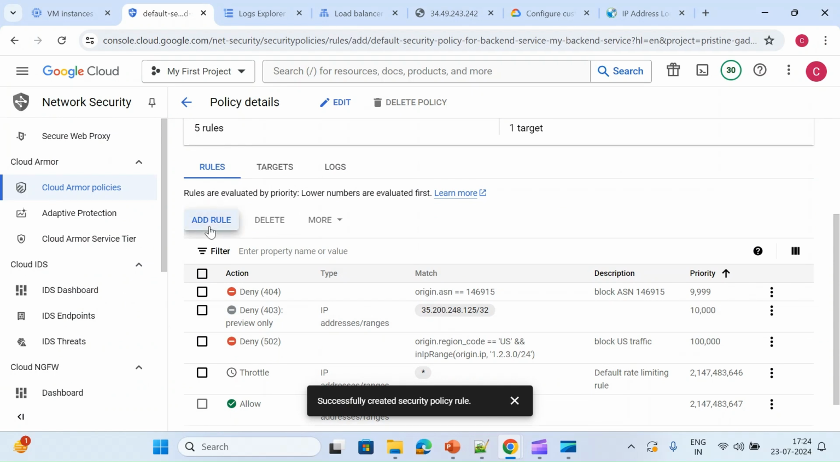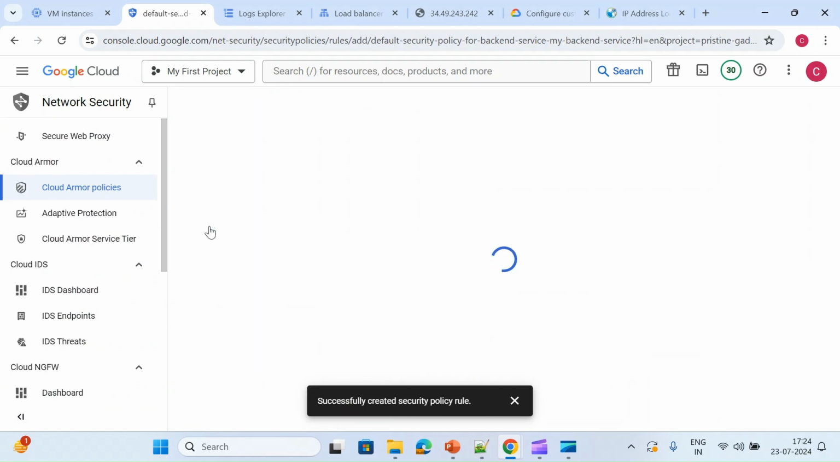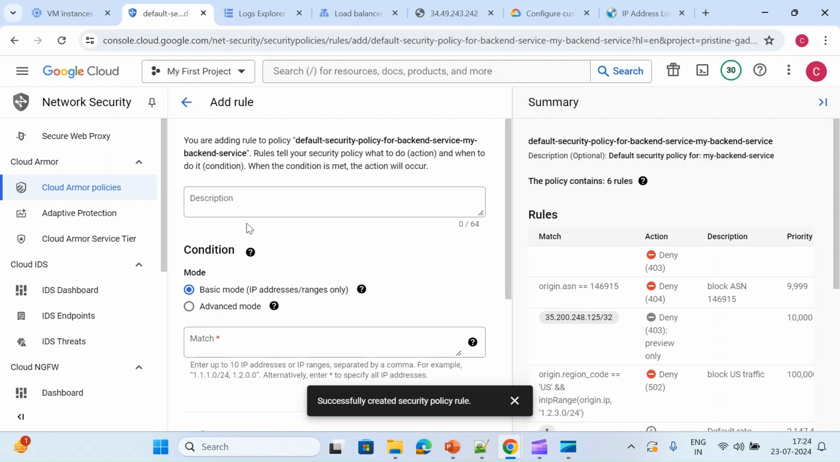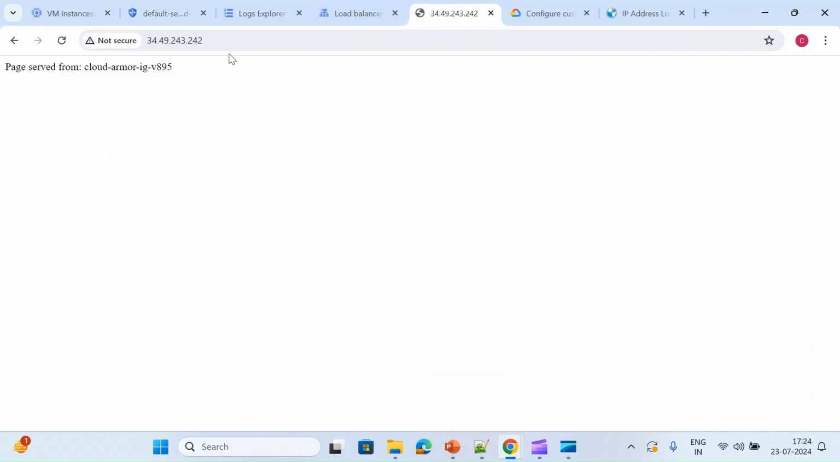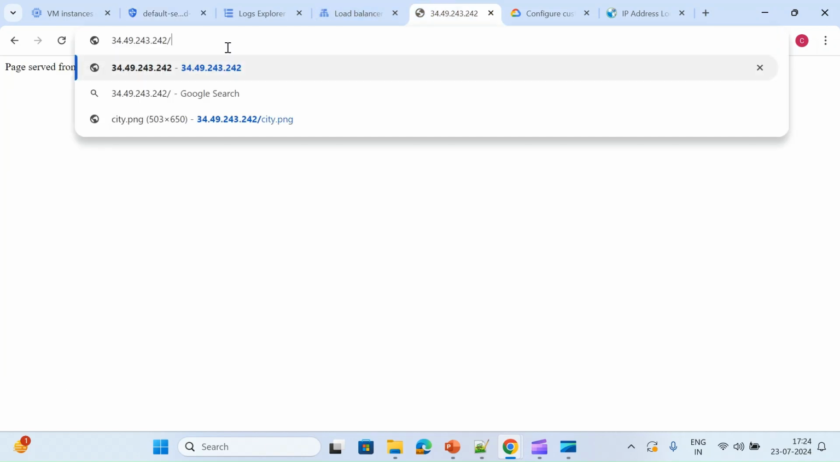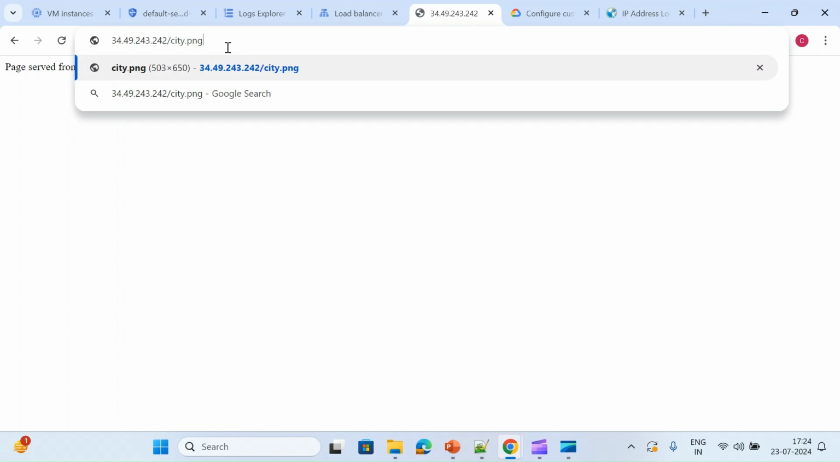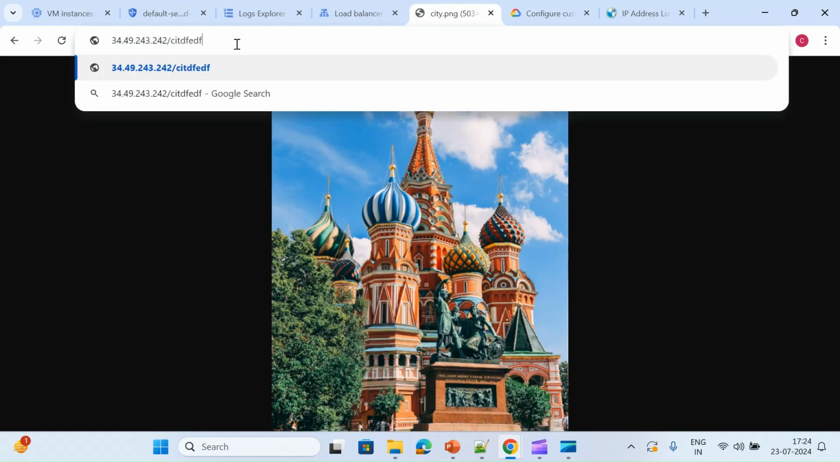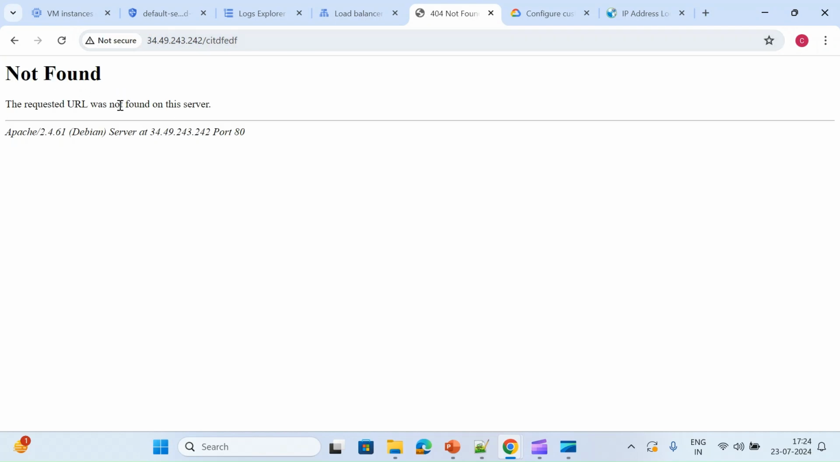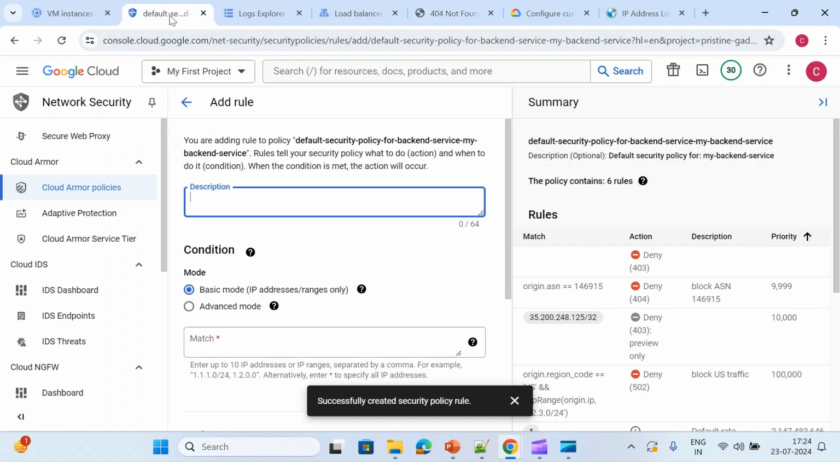Let's create one more rule to see more things on how we can use this. Suppose you want to drop traffic if someone sends a specific path. As of now, it is working fine for me. If I send city.png, it is giving me an image, and if I send anything else, something like this, it will give me a 404 page not found, because I have not configured anything for this specific path. But if someone is trying to send some malicious traffic and